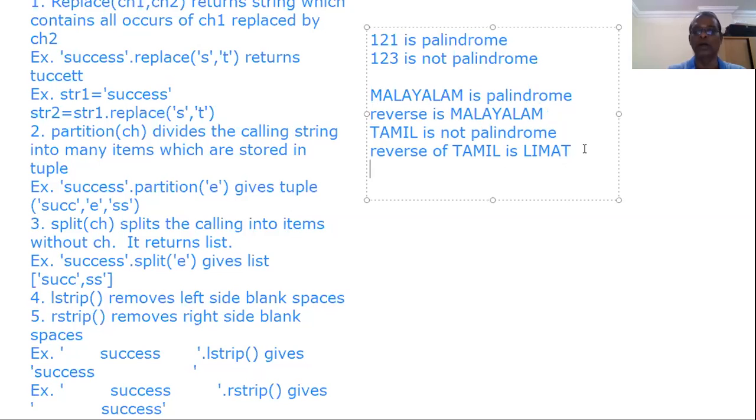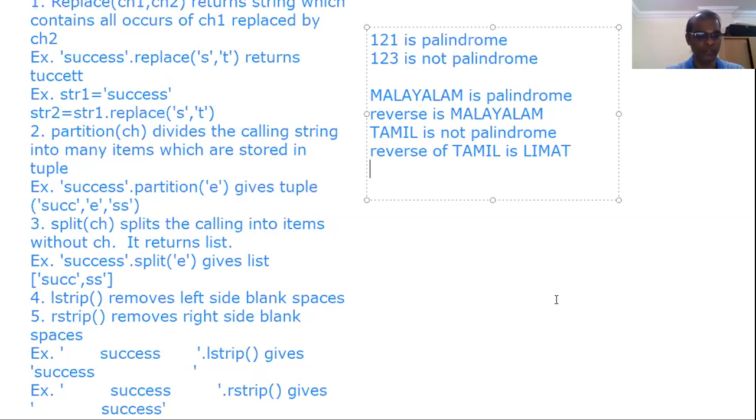Okay, sir. Now how can we write one program to find whether the given string is palindrome or not? That is the question. It's very simple, we already know very well. Individual characters available in a string can be accessed by positive integer as well as negative integer. Now we need the last character of the original string, which becomes the first character of the reversed string. Very simple. So we have to use a negative index to get the last character of the original string, that will be stored into the first character of the reverse string.